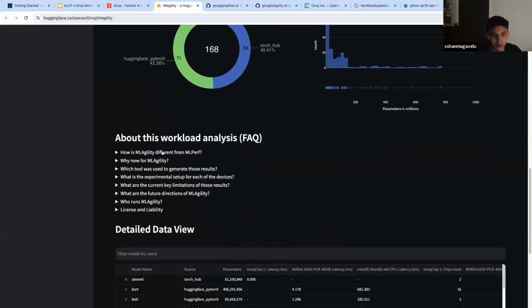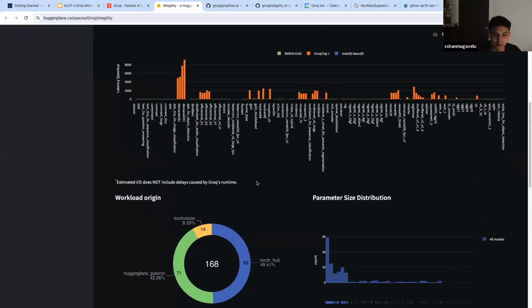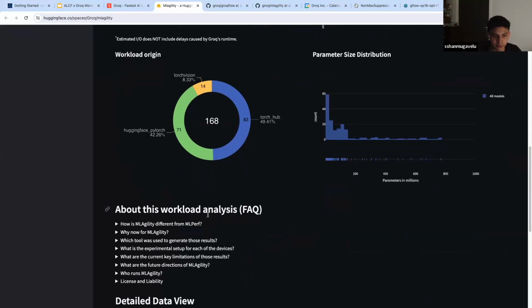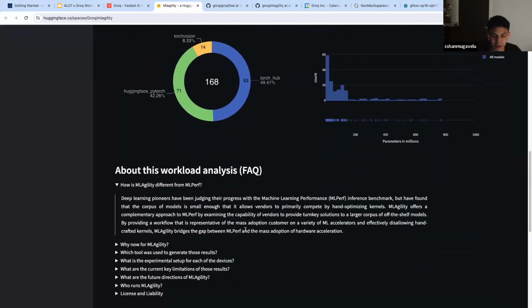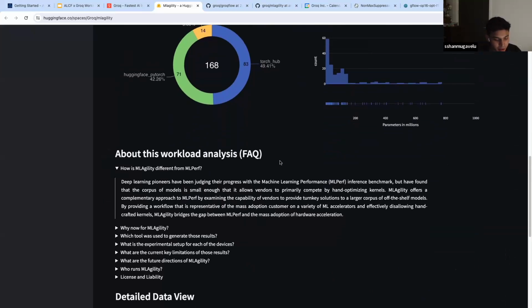And a good question we could ask is, why do we have our own benchmarking methodology? Why do we have our own benchmarking framework in addition to transparency? So why do we have MLAgility in addition, or instead of just using MLPerf? And the reason is because MLPerf, while being great, is quite restrictive to a certain subset of models. The landscape changes all the time. And if you're not constantly updating these models, it may not be representative of how your hardware may do in